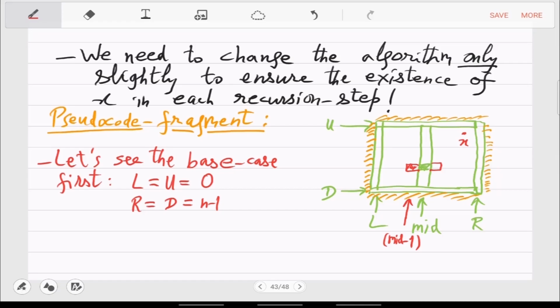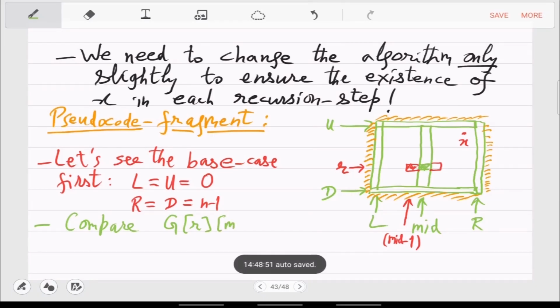So here what we will do is compare... I also want that row. So let's call that row R, where the minimum lived in the middle column, mid column. So compare GR mid. Maybe I should change the notation a bit.